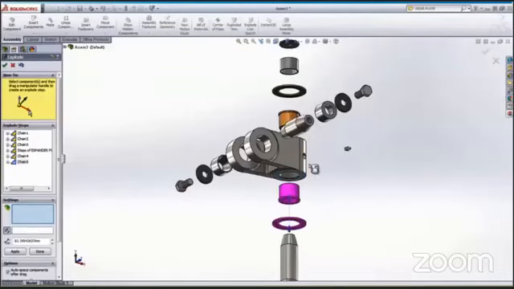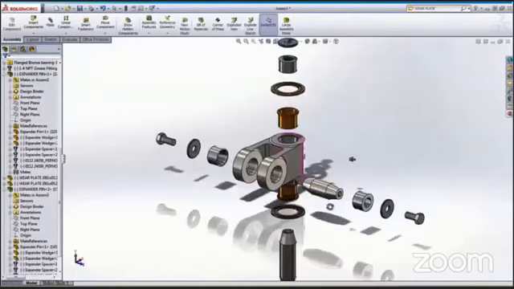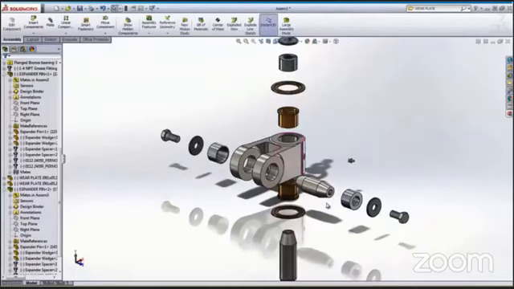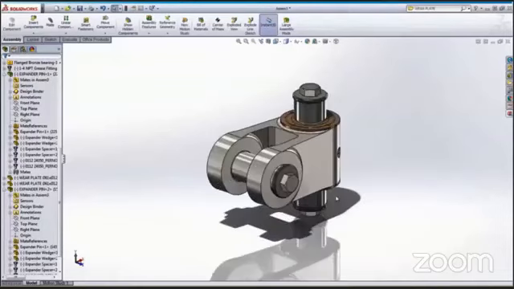Finally, let's explode the wear plates and bushing using the same technique. It looks pretty good, by the way. Now we'll save the assembly and make an assembly drawing.